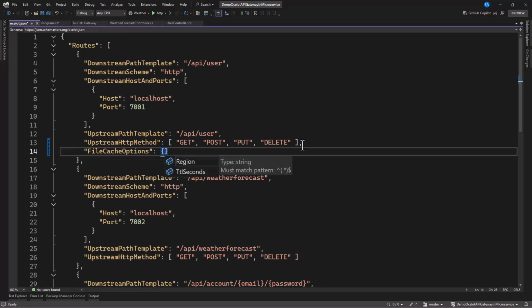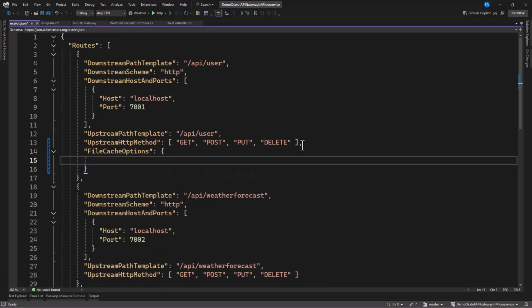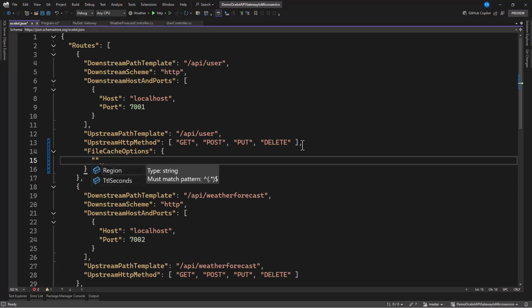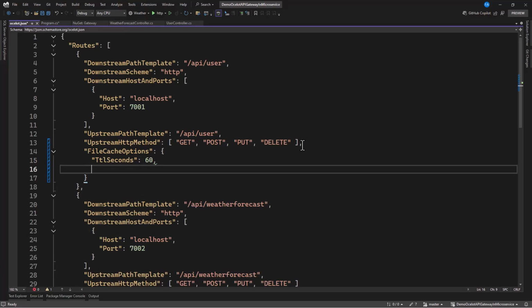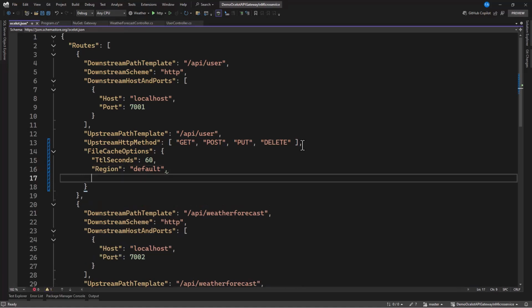With this FileCacheOptions, we can specify the time it should take, and it is TtlSeconds. So we can specify maybe 60 seconds in here. Our cache is going to last for 60 seconds before it gets cleared off. We can specify the region, and let's set this to default, and let's specify header.